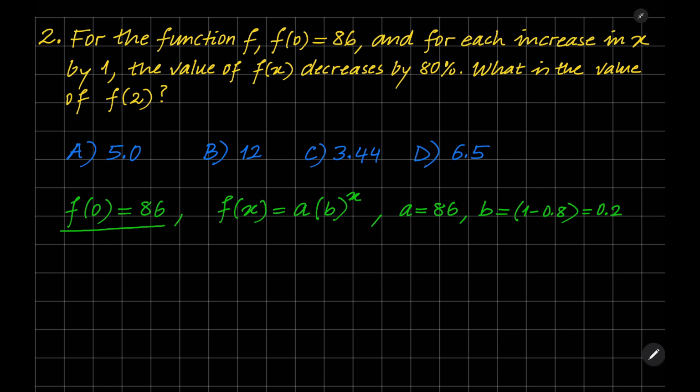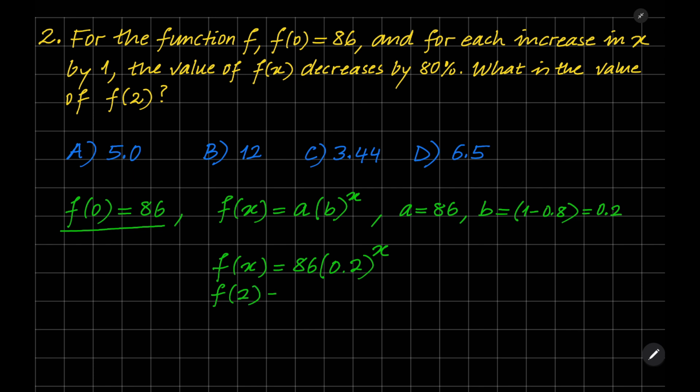Therefore, the function f can be defined by f of x is equal to 86 times 0.2 to the power of x. Substituting 2 for x in this function yields